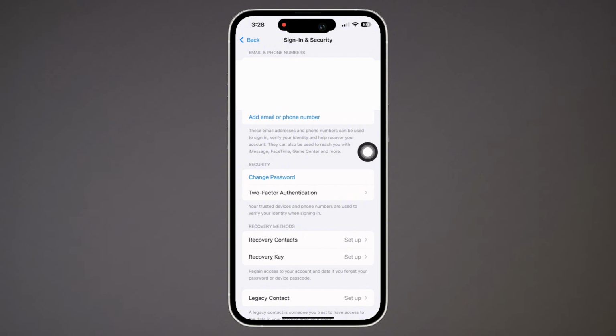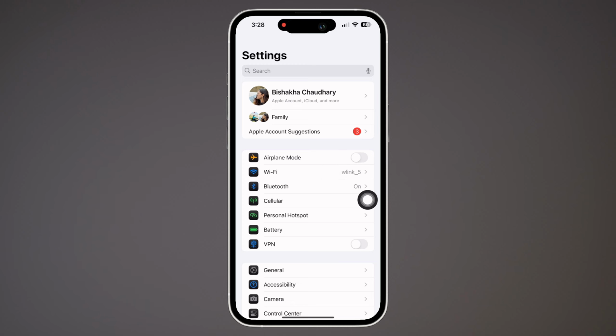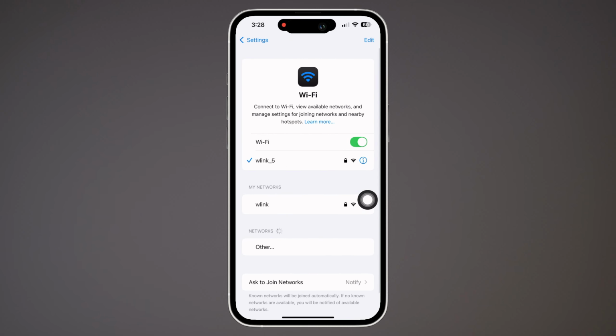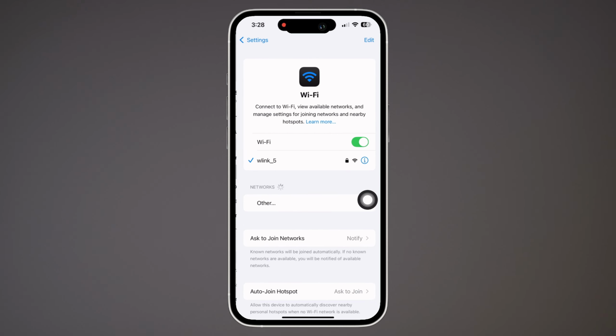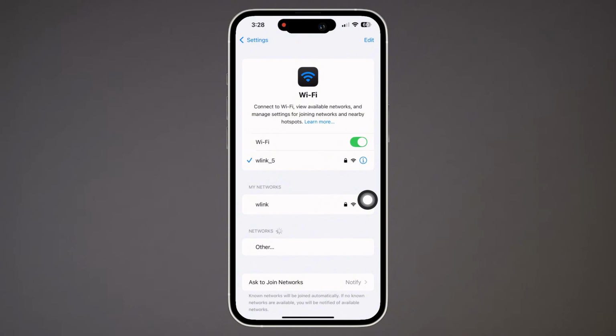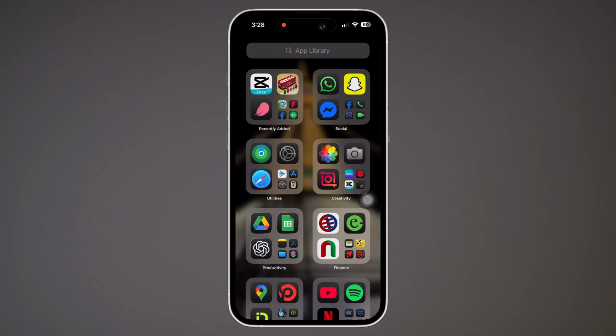Next, go ahead and make sure that you are using a proper working internet connection, and if not, then switch between Wi-Fi and mobile data and turn off VPN if you are connected to a VPN, as Apple often blocks suspicious networks. See if your issue is fixed yet or not, and if not, then you can go ahead and